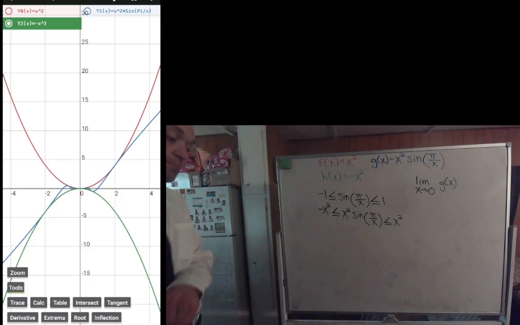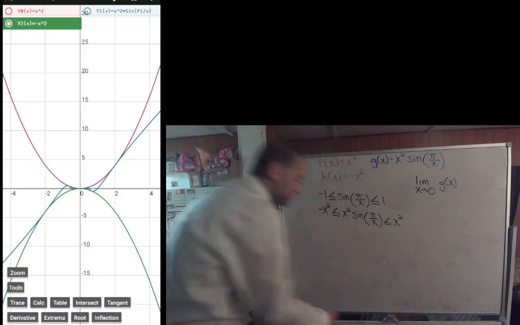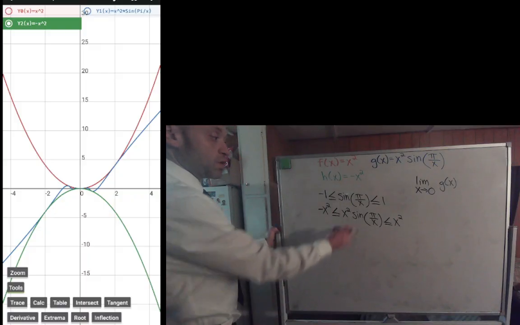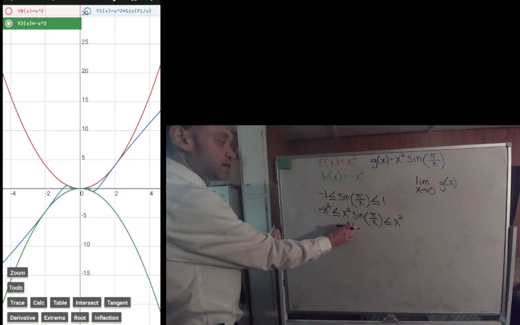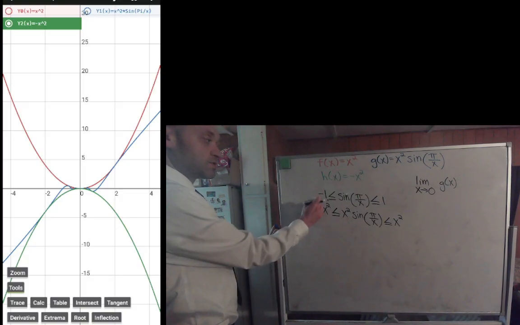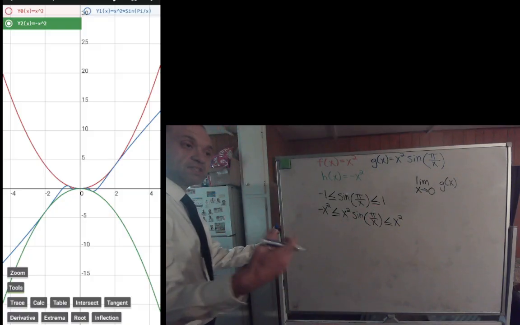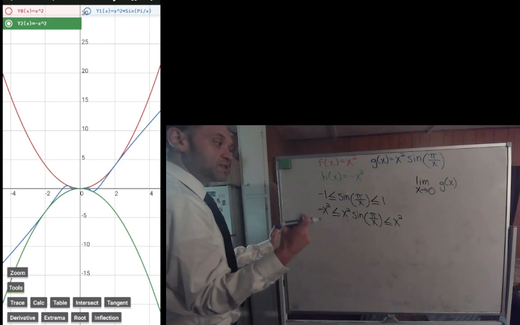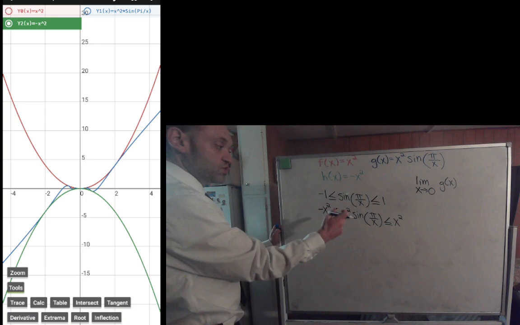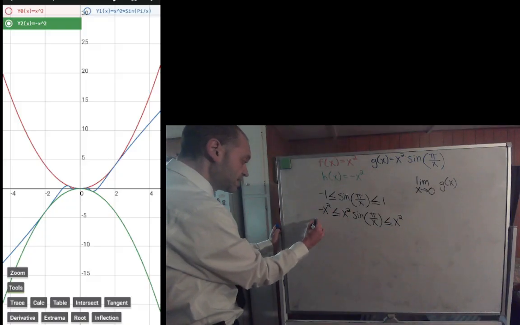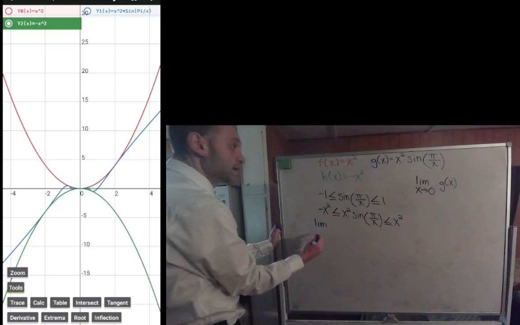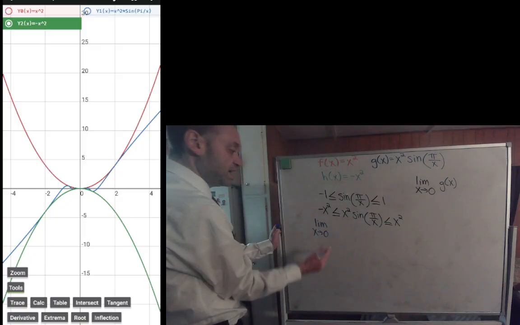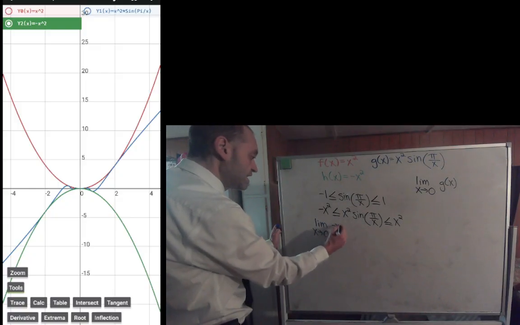So what does that mean exactly? Let me write in blue ink here. So once you've got it worked out where you have the middle function and you multiply the other two sides of the inequality based on your range of the sine function by x squared, next thing you want to do is take the limit of each of these functions. So we're going to take the limit as x approaches 0 of the left side of the inequality, in this case of negative x squared,